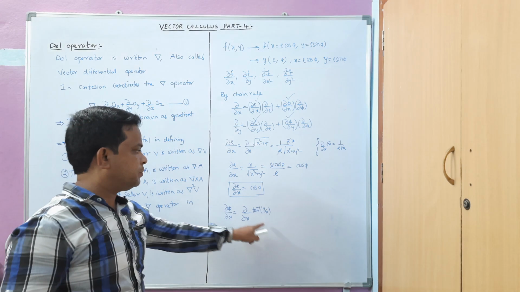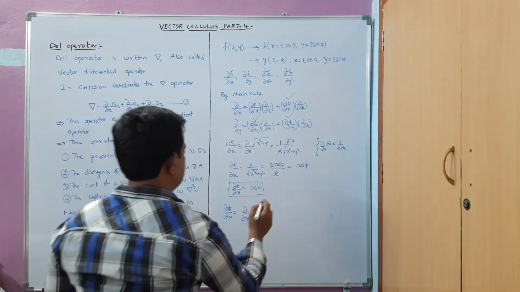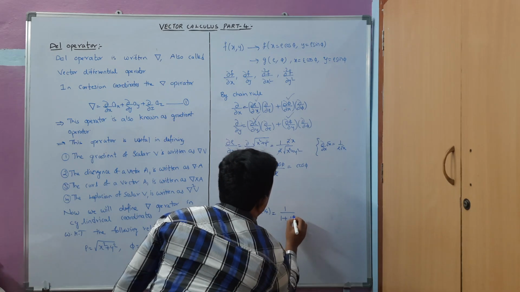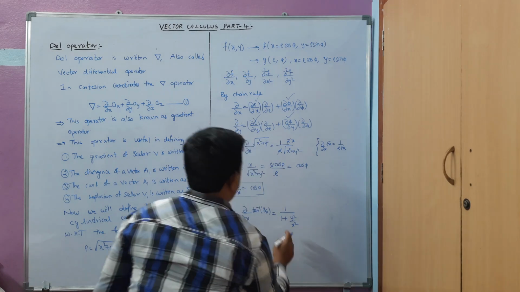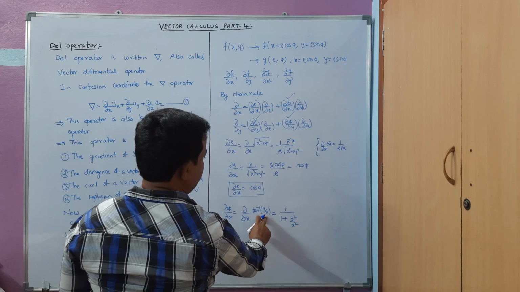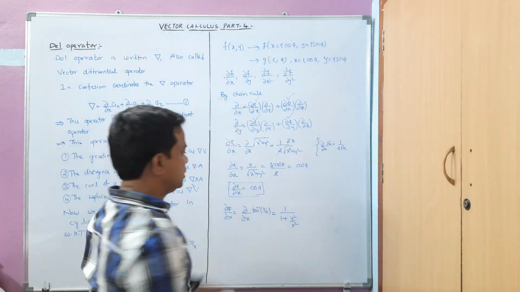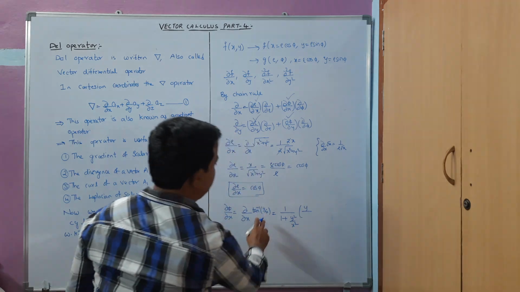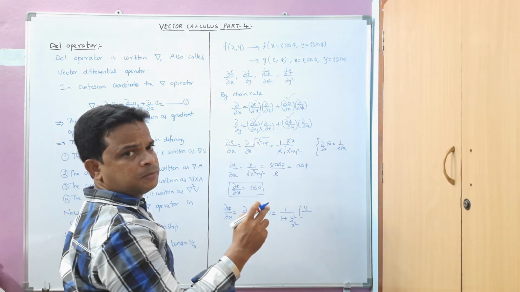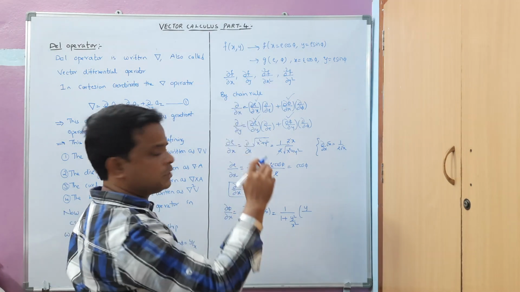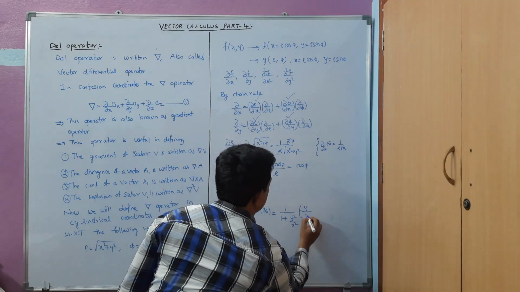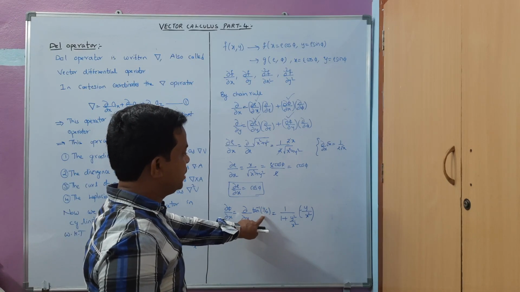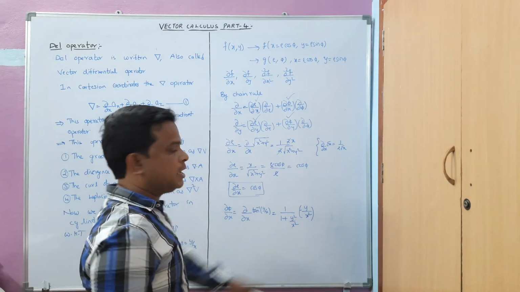So in place of x we have this one, that is, I can write like this, that is 1 by 1 plus y square by x square, and again we have to differentiate with respect to y by x. So I can write here like this, that is y by, that is differentiation of x power minus 1 means x power minus 1 of minus 1, that is minus x square. That is the differentiation we have to take, again y by x. So y by x will be minus y by x square.